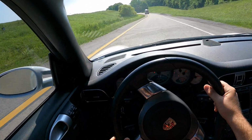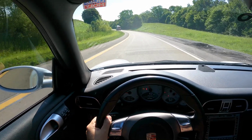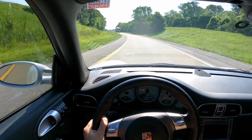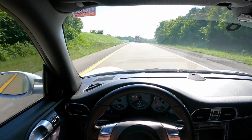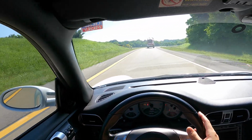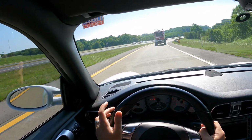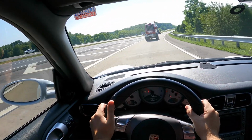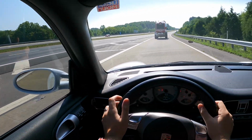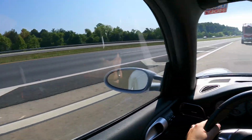It doesn't have all the nannies. I mean, here we go. That's just giving it a little bit of gas. Look how smooth it shifts. Nice and easy, comfortable. Plenty of power. Like I said, it's nice. And if you want to take it to a track, leave it in automatic mode. It'll plunk through the gears just fine. It'll keep it in a high gear for you. And if you want to have some fun,